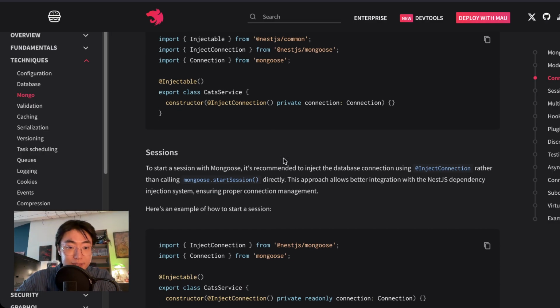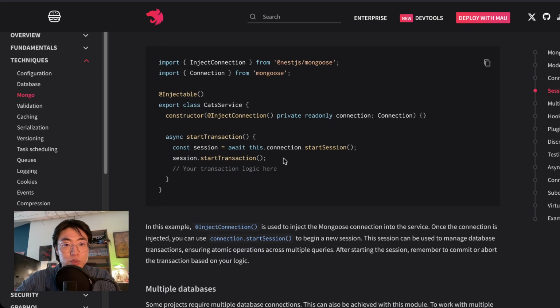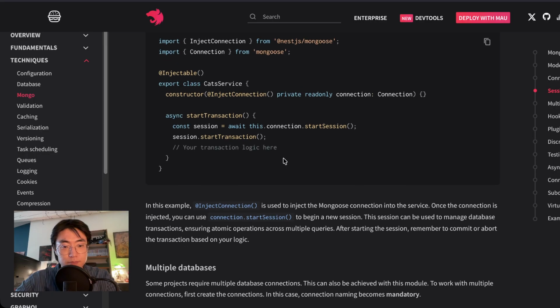Sessions. To start a session with Mongoose, it's recommended to inject the database connection using InjectConnection rather than calling mongoose.startSession directly. This approach allows better integration with the NestJS dependency injection system, ensuring proper connection management. Here's an example of how to start a session. @Injectable() export class CatsService { constructor(@InjectConnection() private readonly connection: Connection) {} async startTransaction() { const session = await this.connection.startSession(); session.startTransaction();